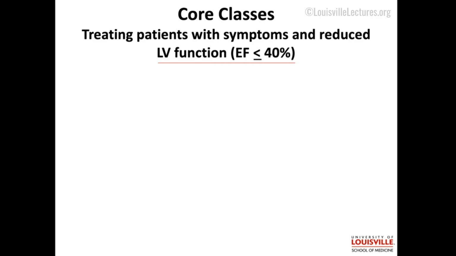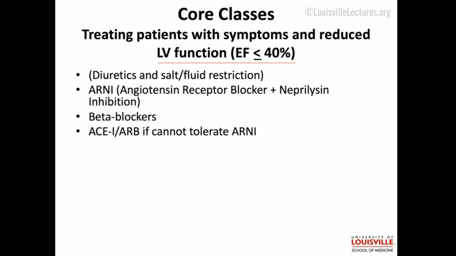When I think about the medications for people who have systolic dysfunction, which I'm counting as EF less than 40%, 40 to 50 is an intermediate zone. But these are going to be for people with EFs less than 40% for the most part. I break them down into broad categories in my mind. Diuretics and salt and fluid restriction are useful, but remember we have no mortality benefit proven studies, so these are really for symptom relief and potentially to decrease hospitalizations.